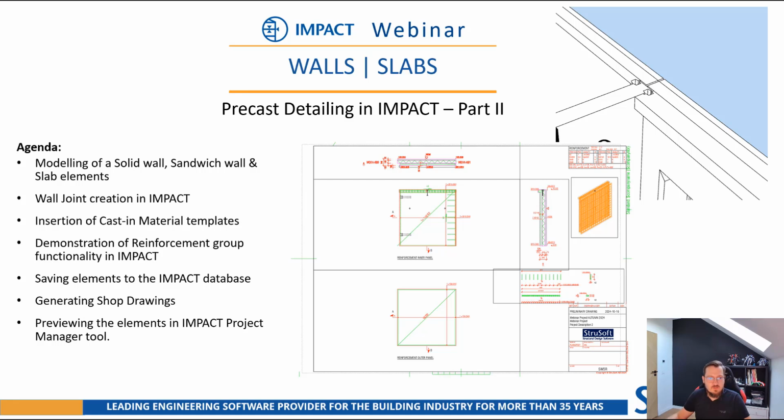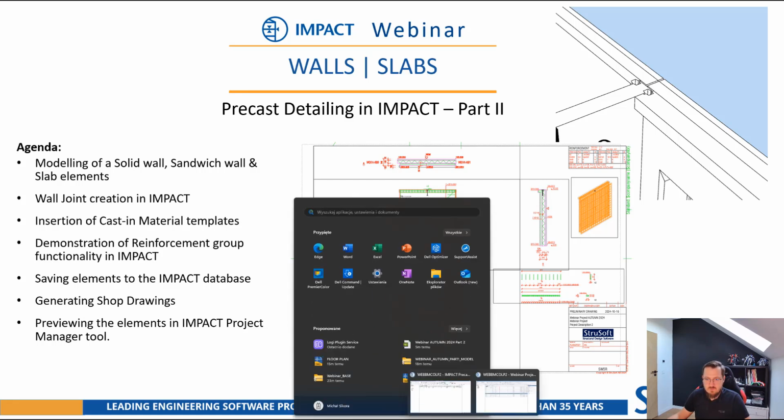I will also demonstrate how to create reinforcement groups in elements. After that, we will save elements to the Impact database. We'll generate shop drawings, because to generate the shop drawings we need to first save elements into the database. And we will preview the elements in Impact Project Manager. This might come before, or rather just after we save the elements to the database. So without further ado,